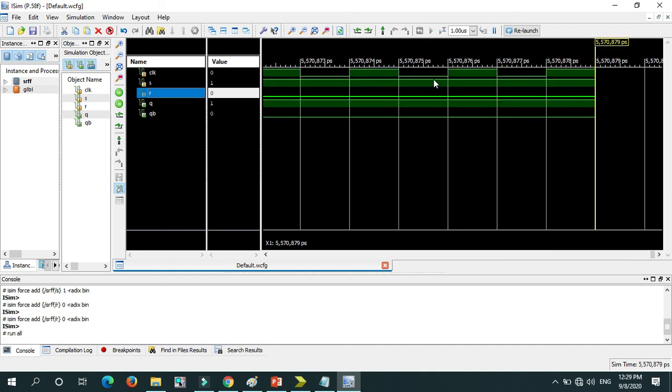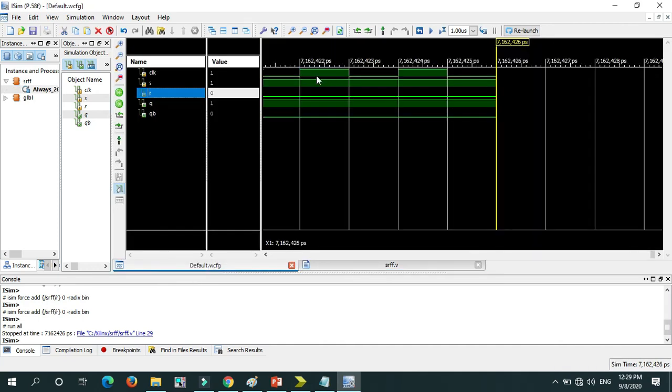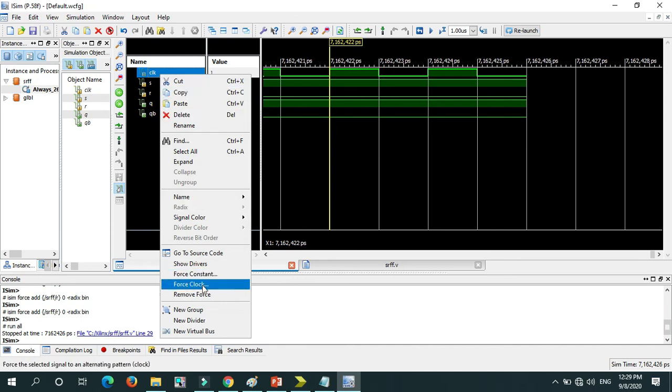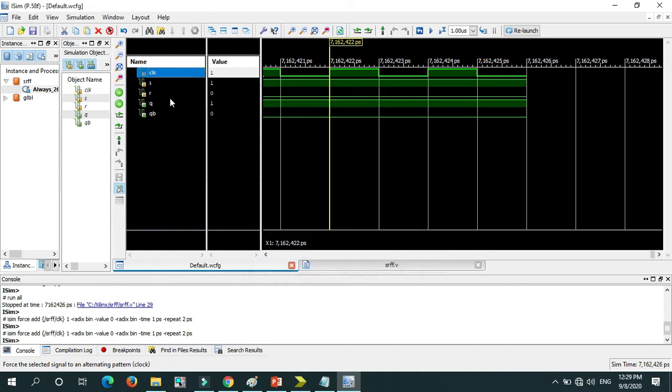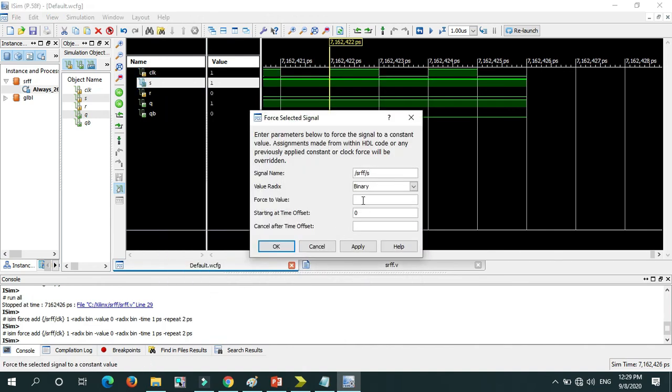I will stop this and open it. Here at the positive edge of the clock signal, S is 1, R is 0, so you get output Q is 1, Q bar is 0. Now I will go for another value: clock, force clock, 1, 0. Now I will give S value 0, force constant, apply, OK.